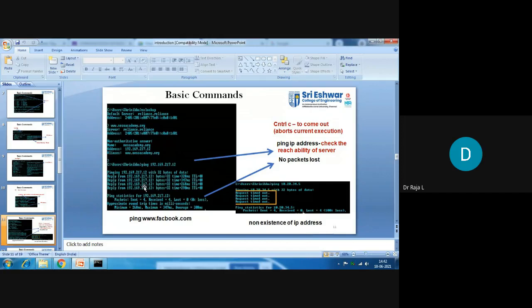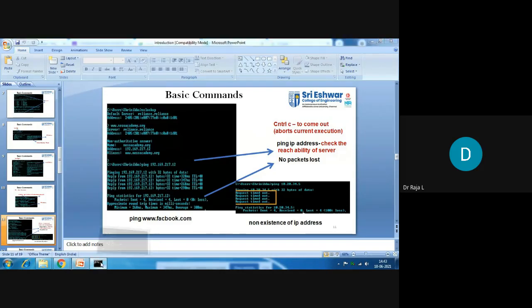The ping is used to determine whether you can communicate with your neighbor. It need not be a neighbor, it may be a remote host. So when you are connected to the internet, you can check whether it is connected or not. Okay, if you have an invalid IP, and you ping that IP, definitely you may not be able to reach it. You will have the request timeout.